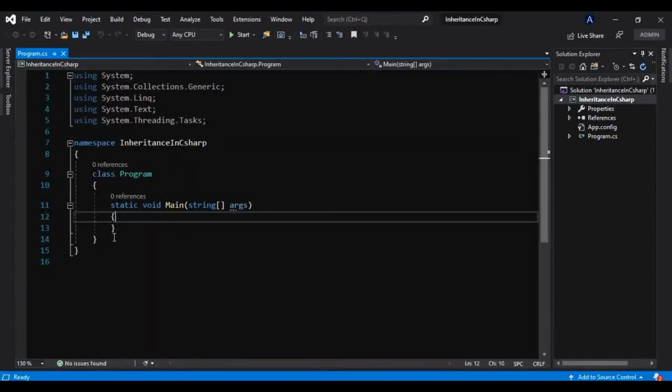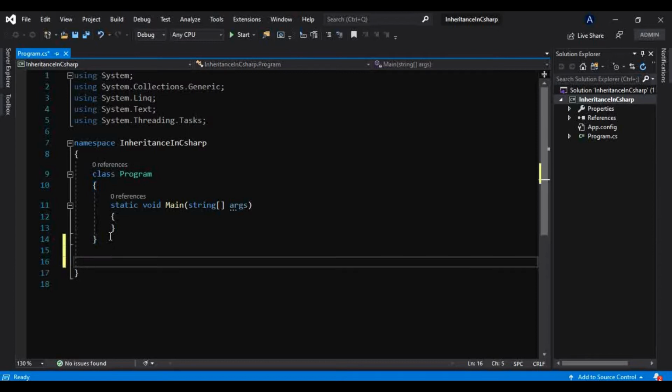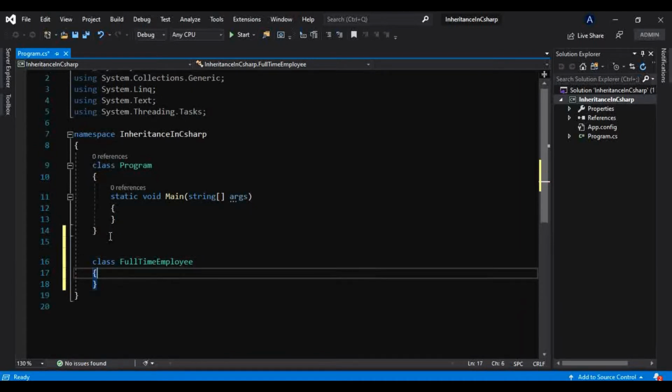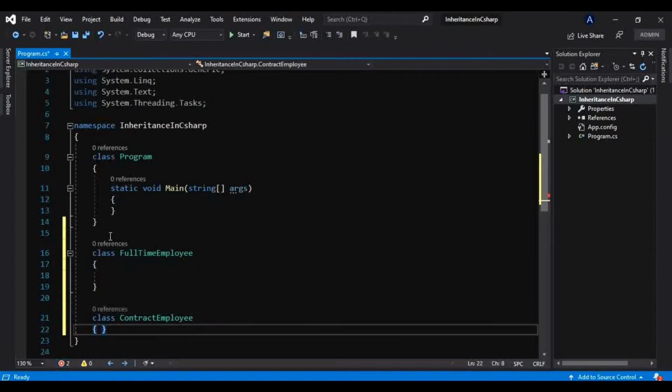To help you understand inheritance, I will create a class here. Let's consider we have a class called FullTimeEmployee, and also another class called ContractEmployee. We'll take the scenario of a company.